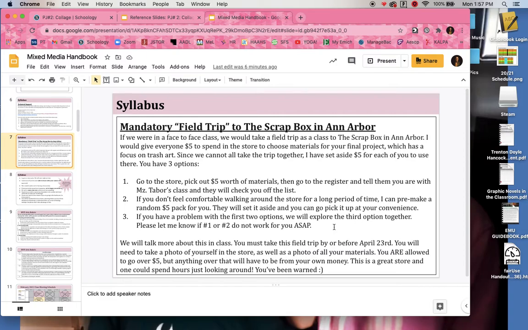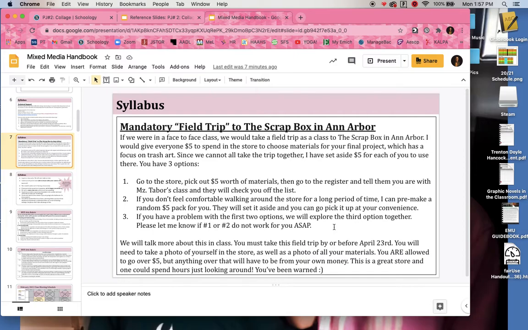So I want you to have that in your head when you go to buy your materials. You should start thinking about buying your materials now. I know that April 20th seems like it's far away, but it is fast approaching. If you plan on going to the store, going in and picking out your own materials, you can go whenever you want to. And those of you who don't want to go in and shop, but you're willing to walk in and pick up a bag and leave,